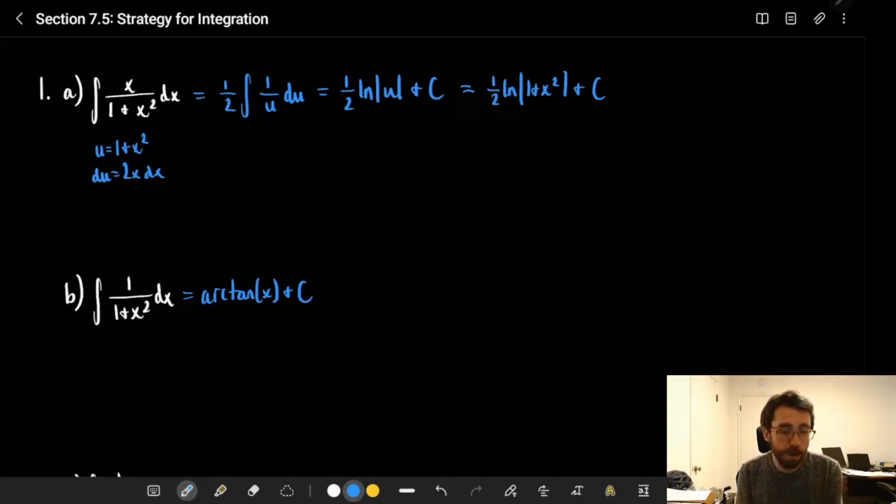If you don't have it memorized, then you could do a trig sub. You could say, well, take x to be, normally it's some number times tangent theta for something of this form. In this case, it'll be 1 times tangent theta. Then dx would have been secant squared theta d theta. And so the integral, if I wrote it out, well, let's just do it down here,